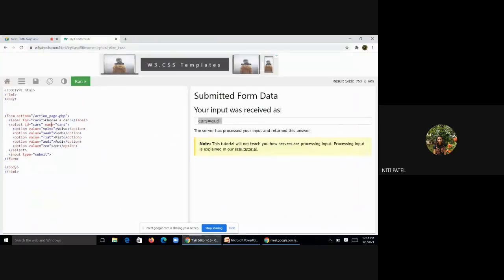Let us do that. Let us change the code first. When I was running the previous code, what was happening, first value जो Volvo था वही Volvo आ रहा था उधर, correct? Because मेरा first नाम Volvo था. अभी मुझे चेंज करना है, फर्स्ट नाम Volvo नहीं होना चाहिए, भले मैं इधर Volvo लिखूं बट Volvo नहीं आना चाहिए. So to do that I have to make use of a separate element or attribute called as selected.